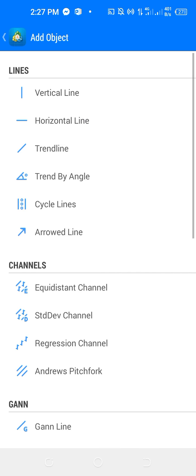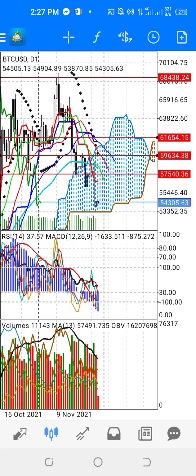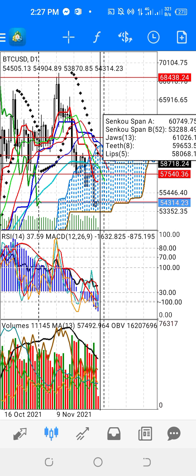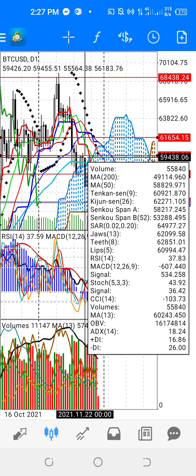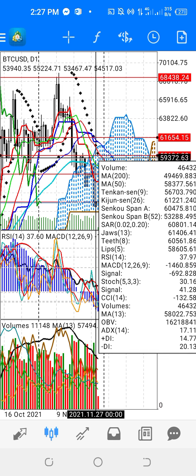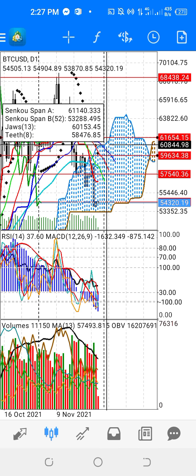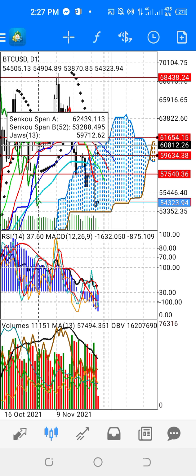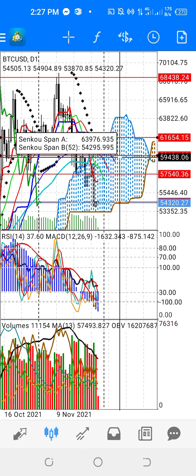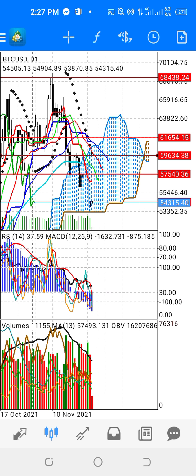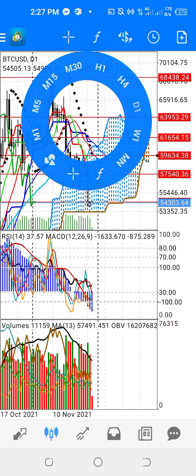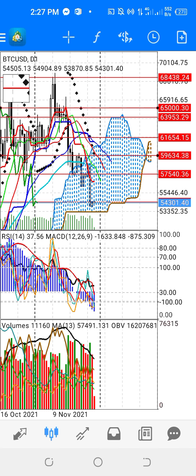This is another resistance. If the prices in the daily chart correct here and move up here, I think the prices must break this strong resistance. This one, from here until here, is a strong resistance. If it is broken, then it may manage some correction, and then zoom to that point. And if it zooms on the daily and is broken until here, the prices must break this resistance again. So this will be the scenario.